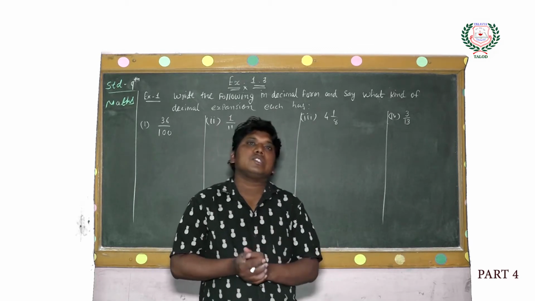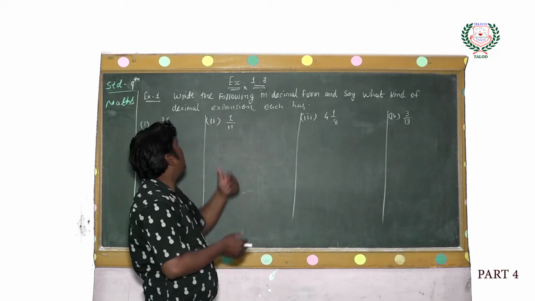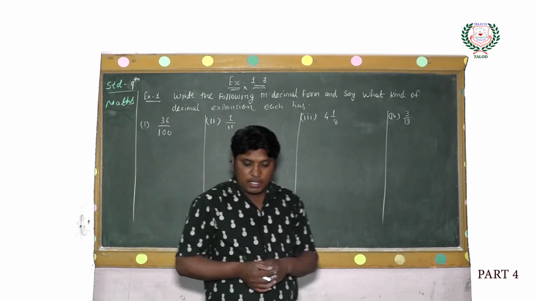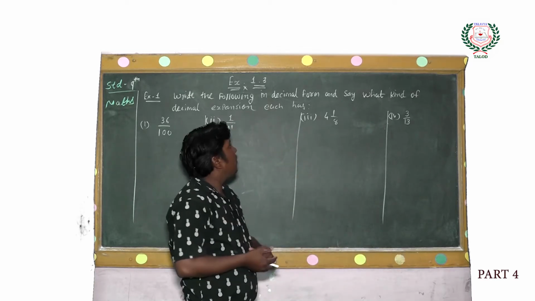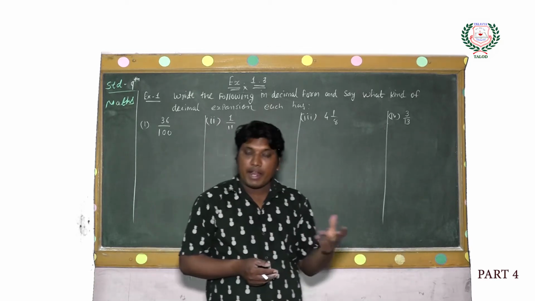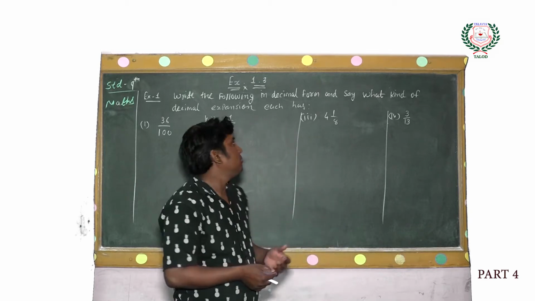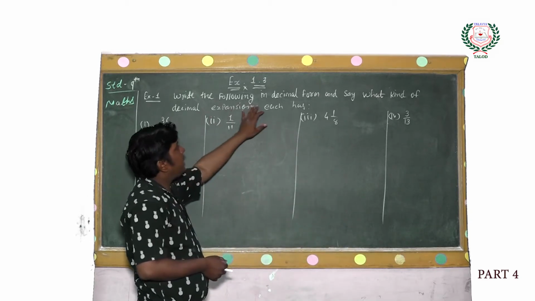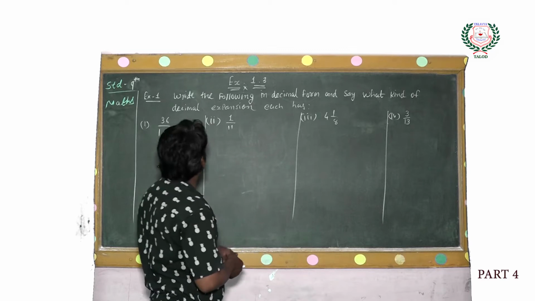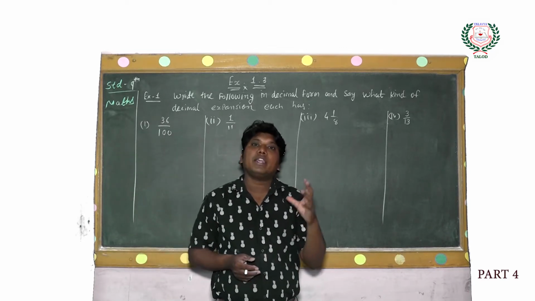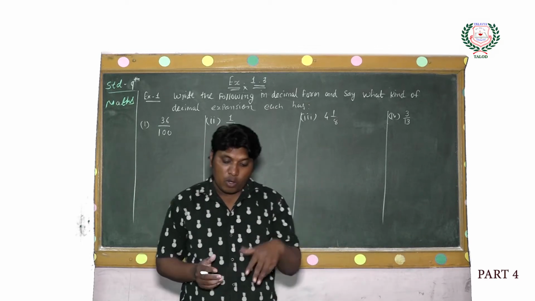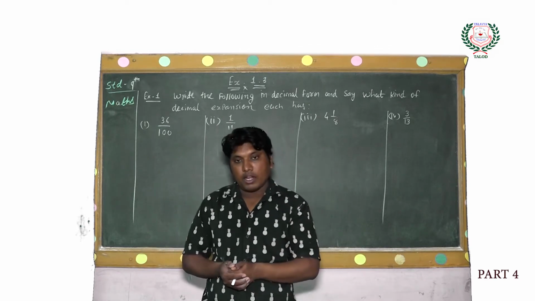Today we are going to start exercise number 1.3, and we have to find the decimal expression of given sums. Write the following in decimal form and say what kind of decimal expression is S. हमें क्या करना है, उसका डेसिमल फॉर्म भी लिखना है और वो किस तरह का है वो भी करना है।